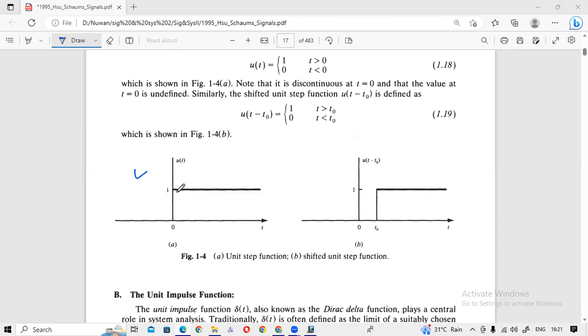This is the unity step signal. So it is like this. You can see that it is just like a DC signal, no? The DC signal is starting from here. For example, if you take a